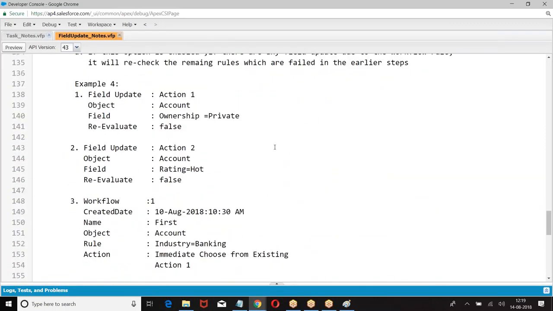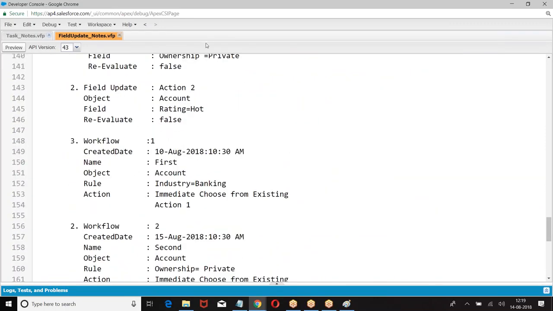Right. Let us go to the next one. So, email updates. Now, what is this? When a rule is true, you want to send an email notification. If you want to send an email notification, first you have to have an email template. Every time I will not type the letter.